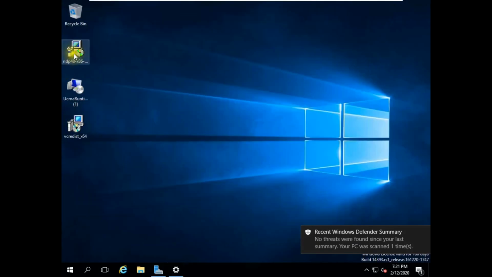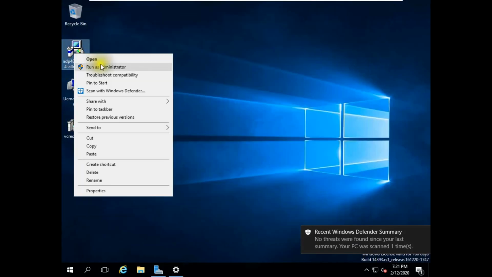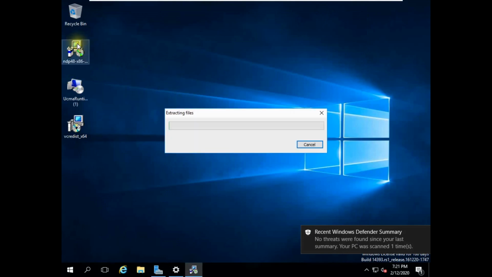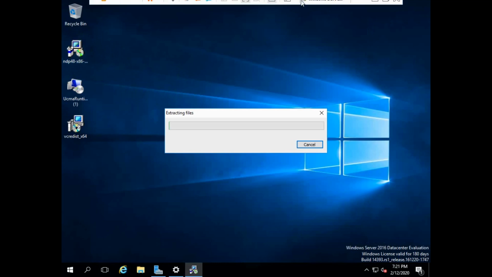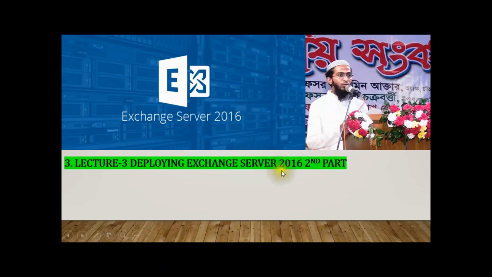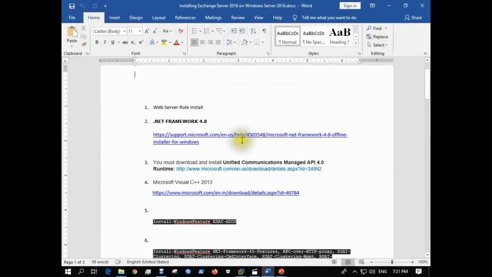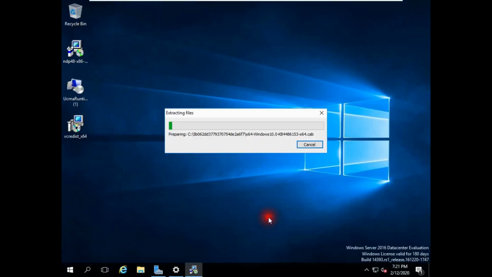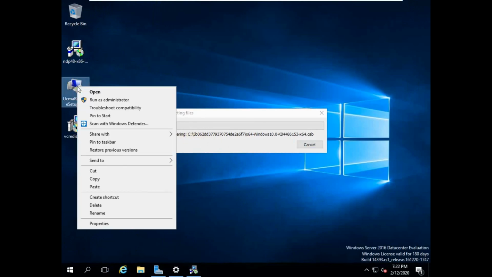Now install the tools. You can just install all the tools at the same time.